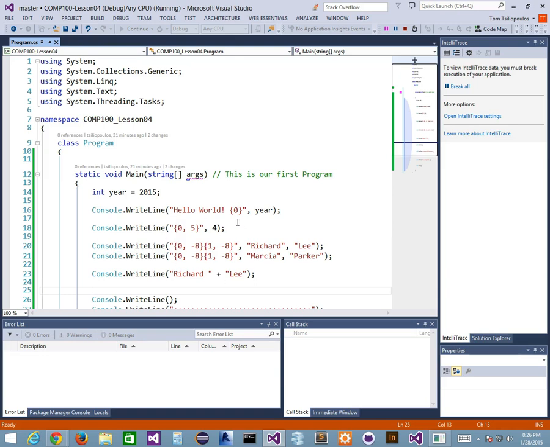Needless to say, this formats our output. This +5 says move our value 5 characters to the right. This negative basically says we need a minimum of 8 characters. That's what it means. So I need 8 characters for Richard. Richard is only 1, 2, 3, 4, 5, 6, 7, so it inserts a space after Richard. And the same thing goes with Lee. Lee needs 8